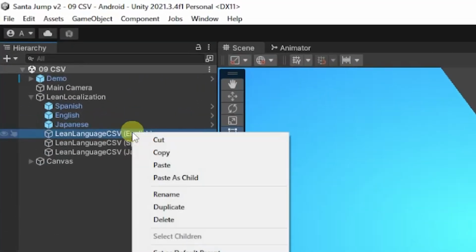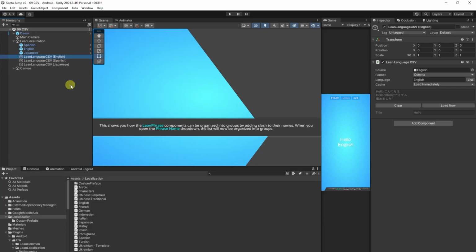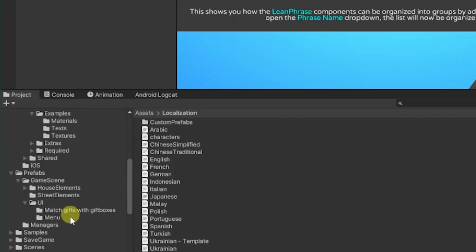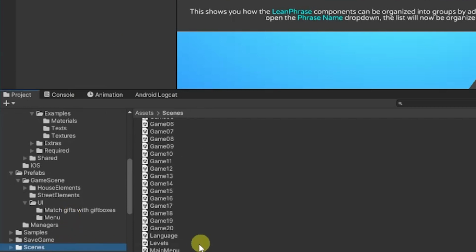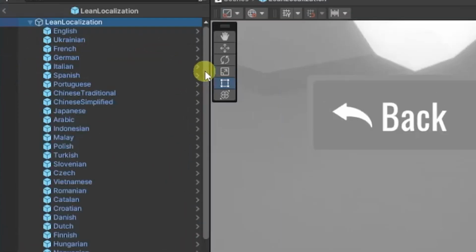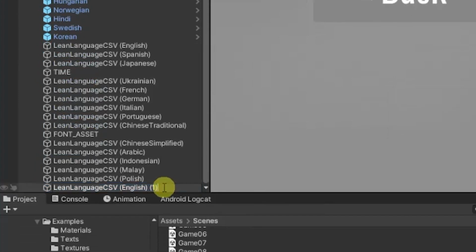Let's copy one of those game objects to our Lean Localization game object. Let's rename it to Lean Language CSV Turkish.